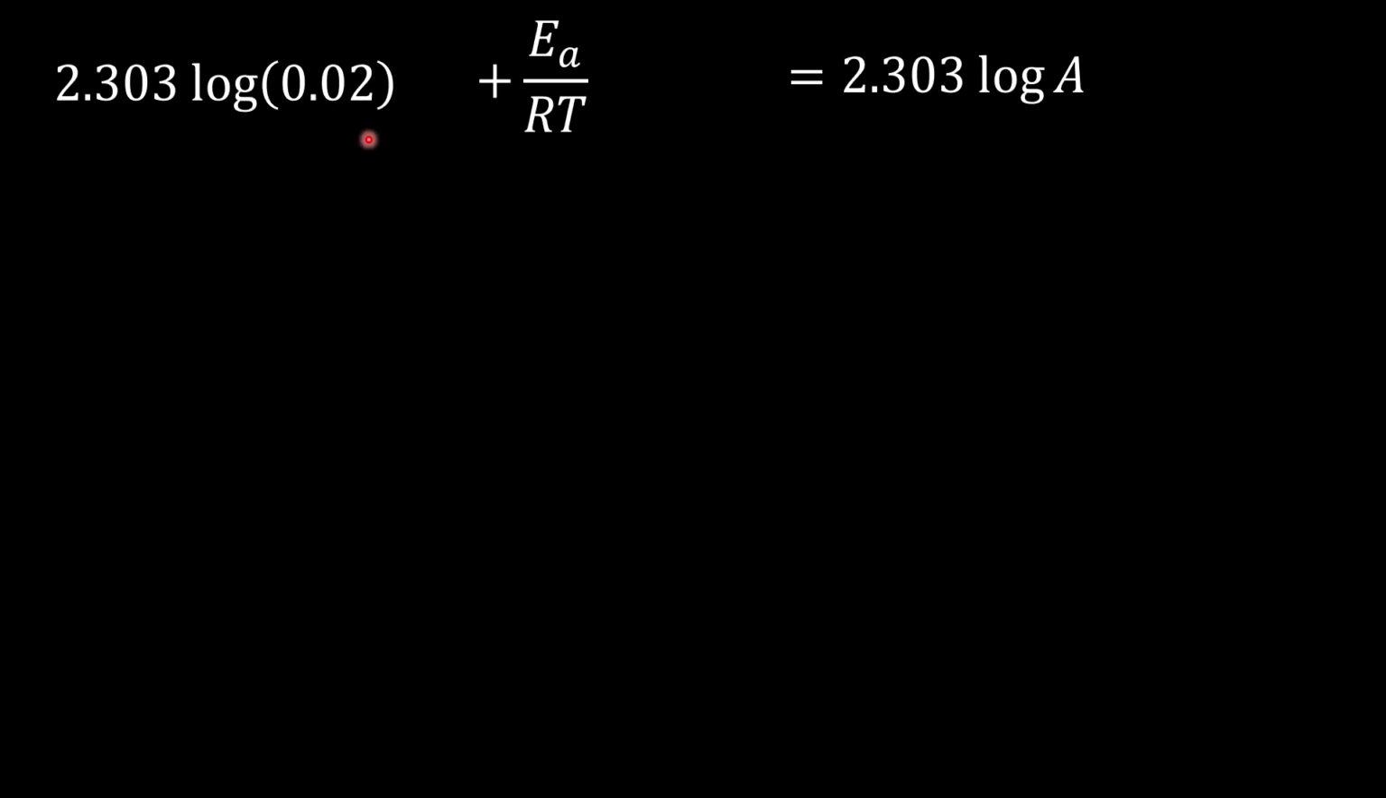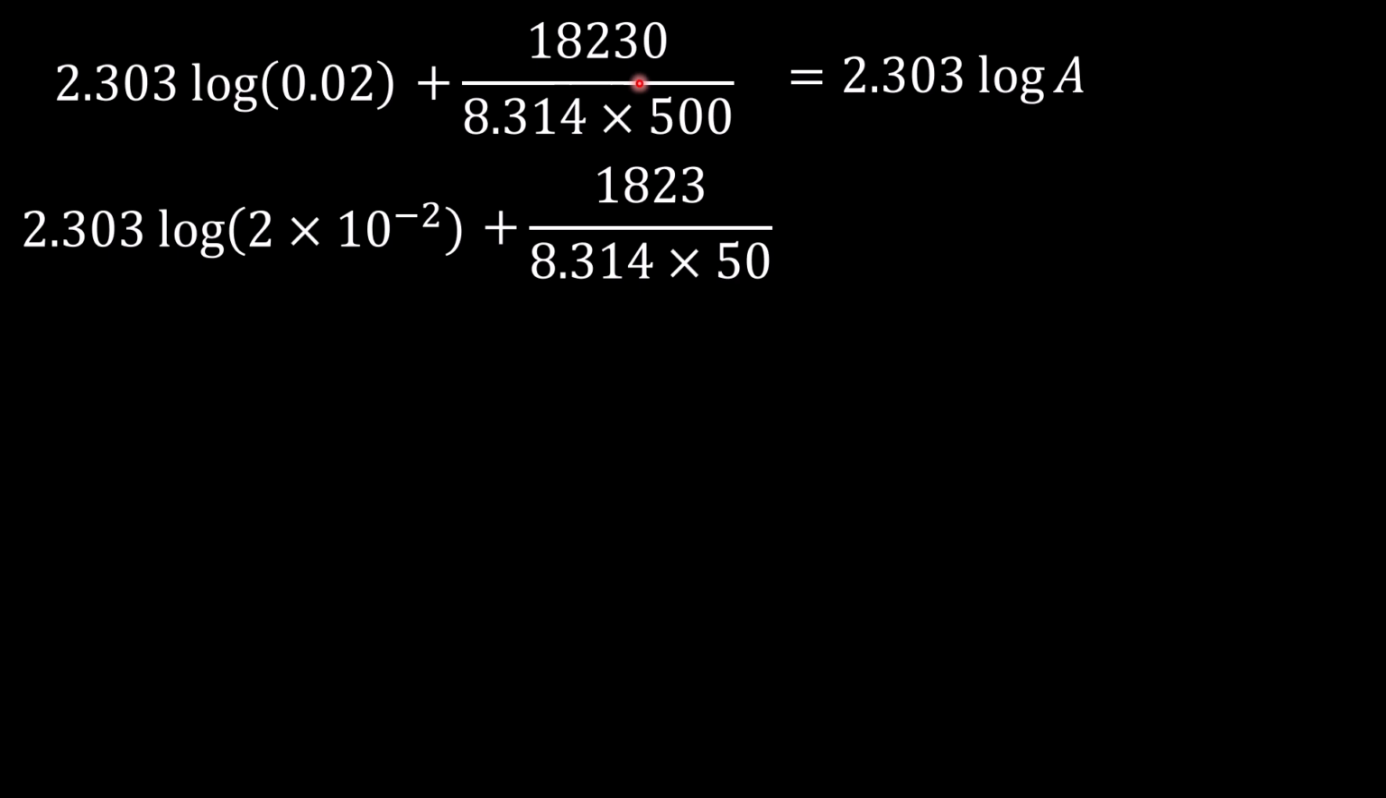Here we consider this K1 value and the T1 value. EA value we already found, that is 18230. R value we know that. Next we simplify this 0, 0. We get 1823 divided by 8.314 into 50, that is 50. Here